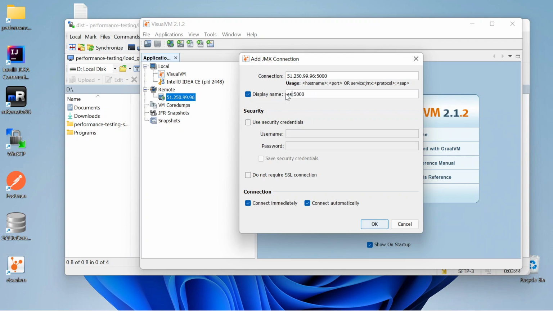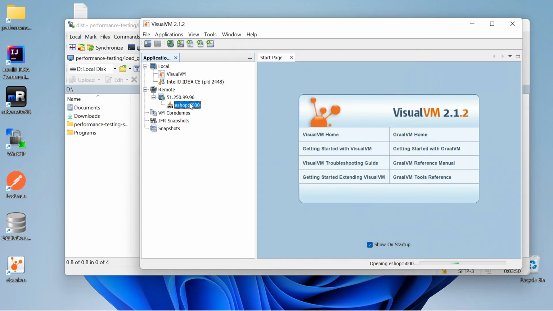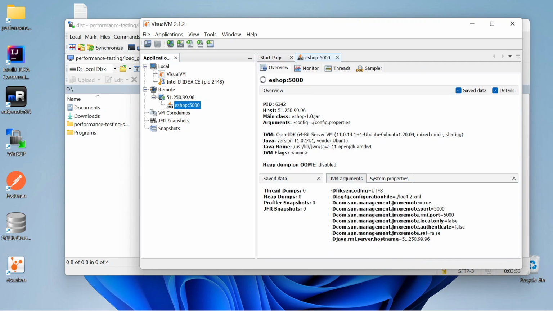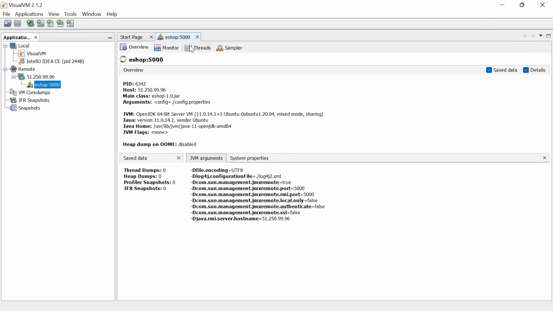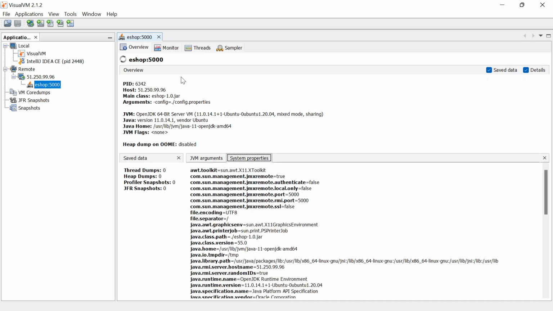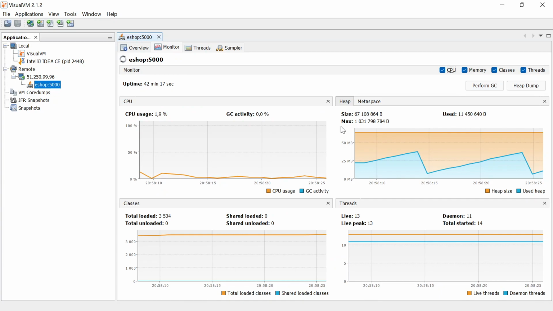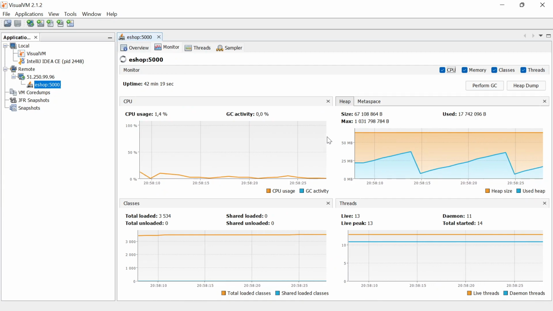Change the display name. We successfully connected to our application. You can immediately see the parameters with which it was launched. And now slowly we can begin to get acquainted with the charts.